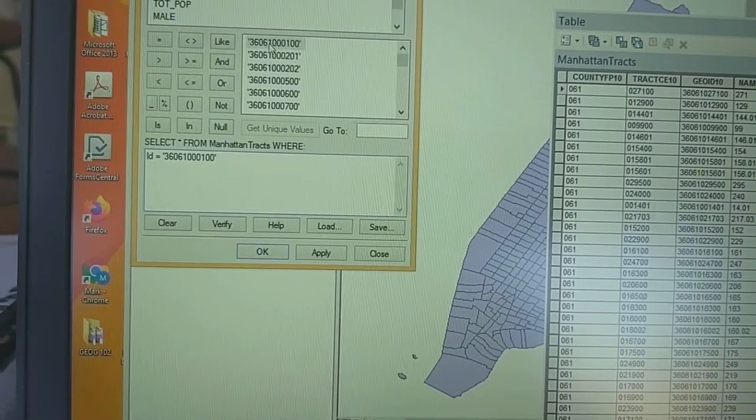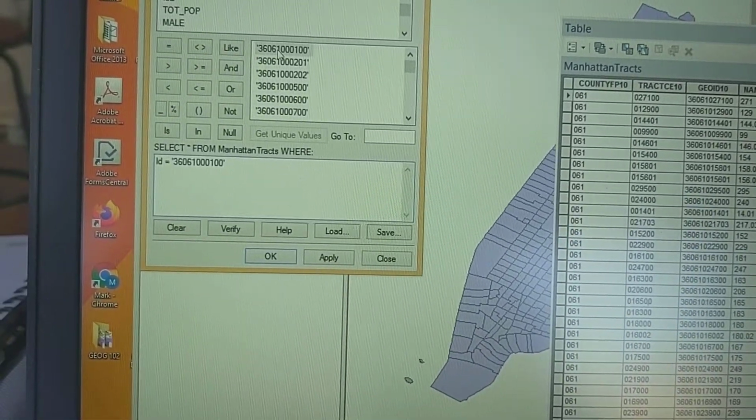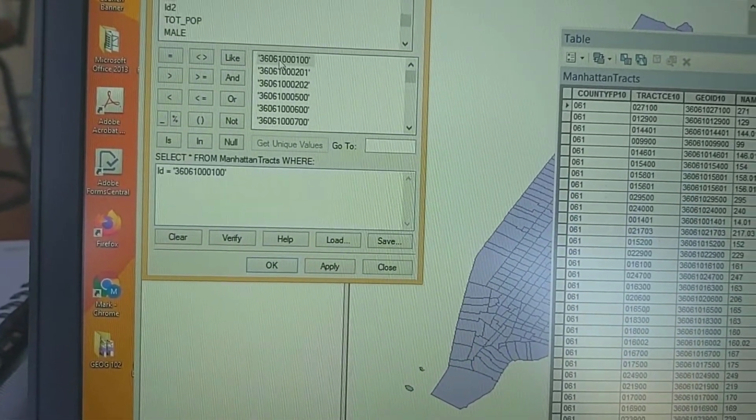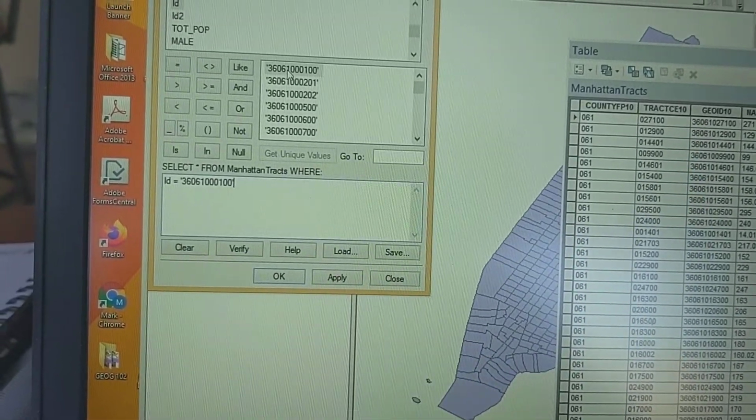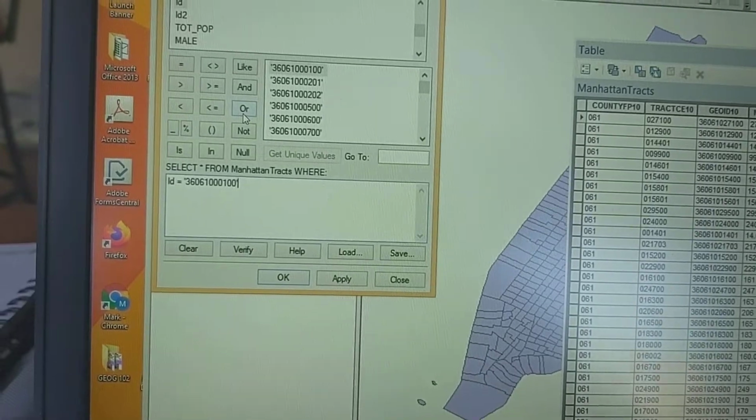You can type in numbers, but you have to be very precise. I'll show you how to do this here in just a minute. Let's say you want 00 and you want 202. You do that, then you got to select